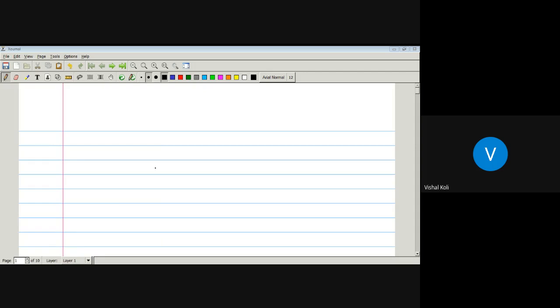And what is a bridge? An edge E is called a bridge if G minus E is a disconnected graph. If G minus E is a disconnected graph, then we say that the corresponding E is nothing but the bridge for that graph. Okay, so now the next one is the walk.